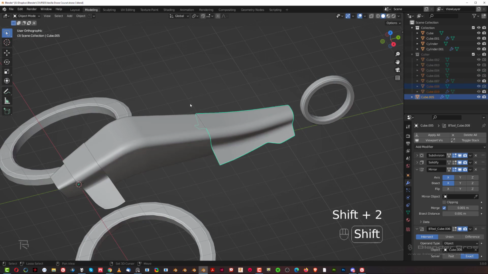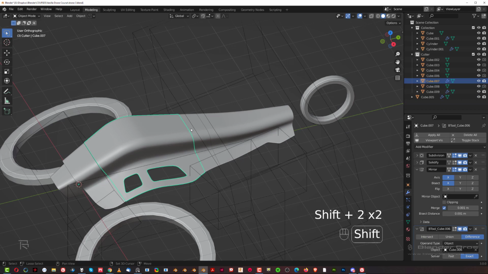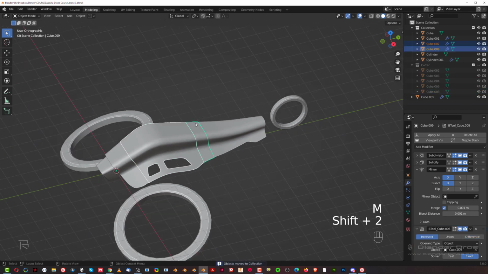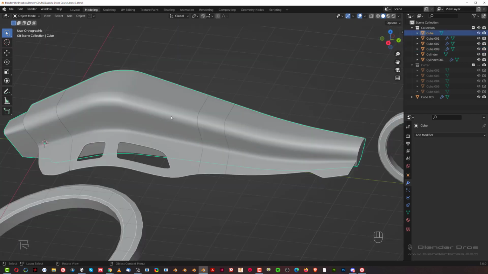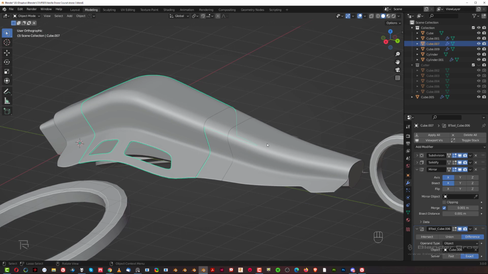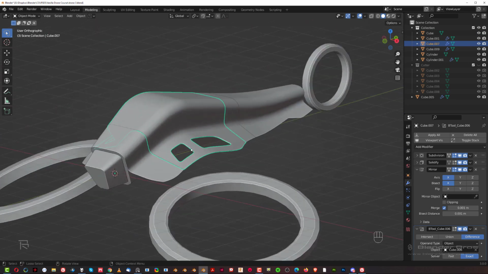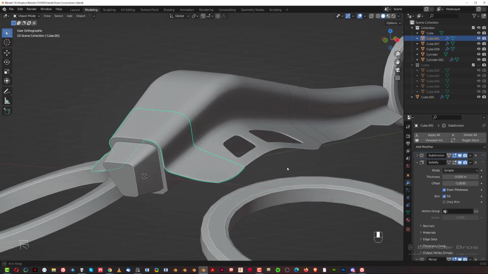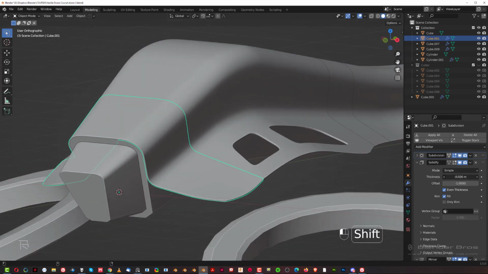So then Shift 2, let's just grab these two and move them to collection. Shift 2 to remove the cutters, perfect. What I want to do is create larger solidification on these and smaller on these. They're gonna have kind of like a gradation here. So I'm gonna increase the solidification here a little bit, pump the thickness a bit higher to, let's say